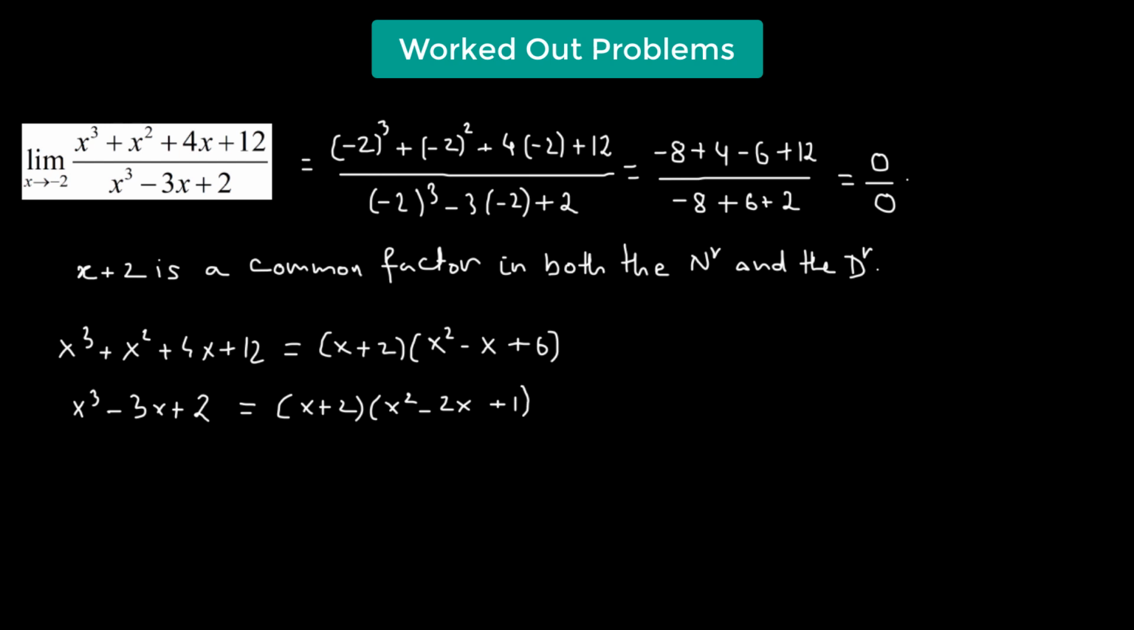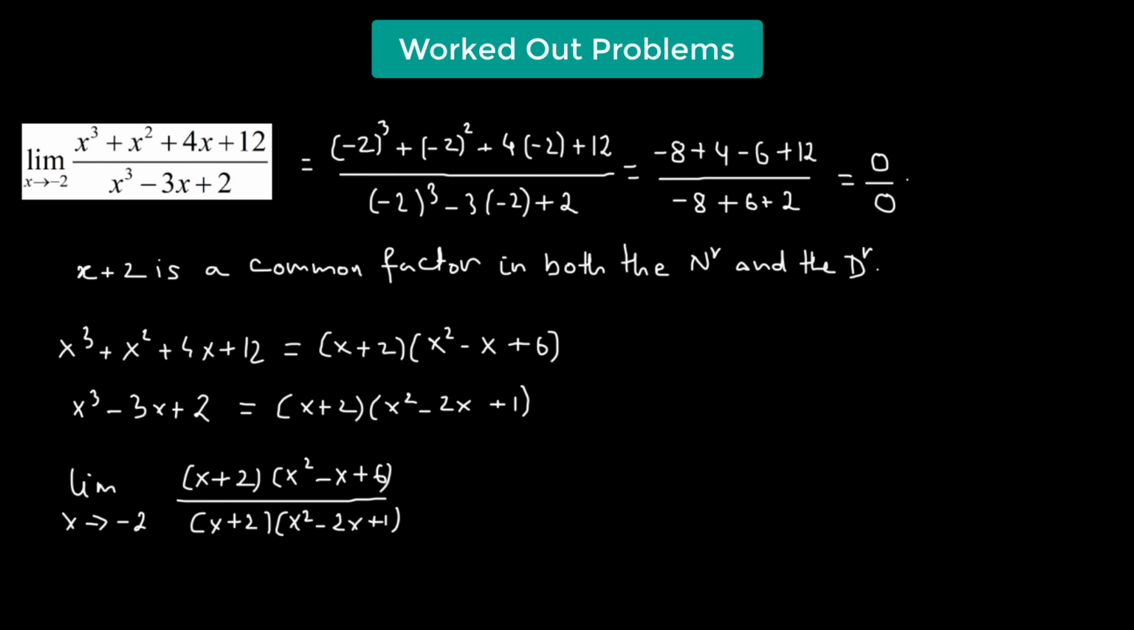Now we substitute these values back into the rational function. So we have the limit as x goes to negative 2 of x plus 2 multiplied by x squared minus x plus 2, divided by x plus 2 times x squared minus 2x plus 1. So x plus 2 being the common factor, it gets cancelled out. That leaves us with